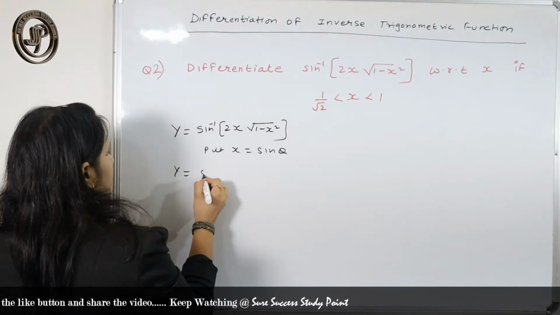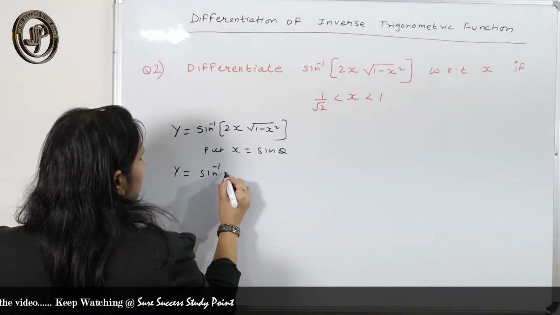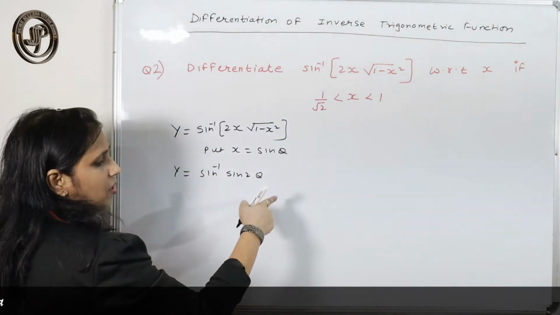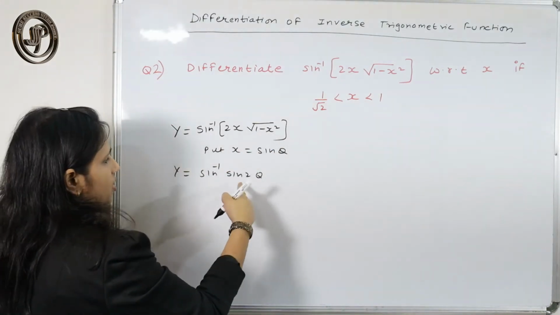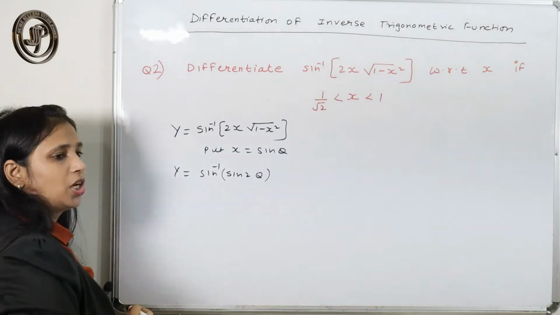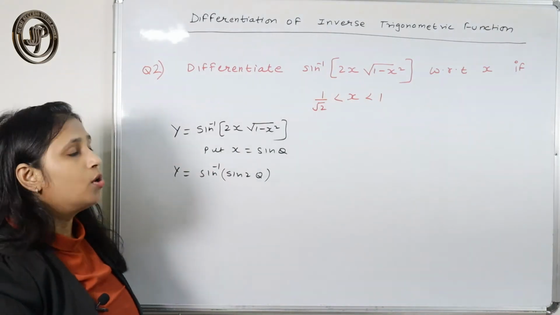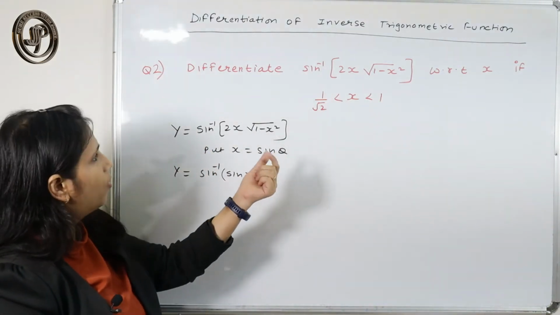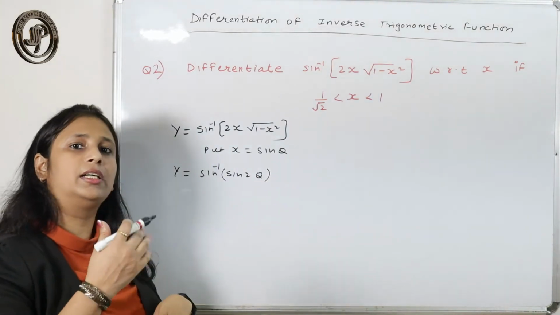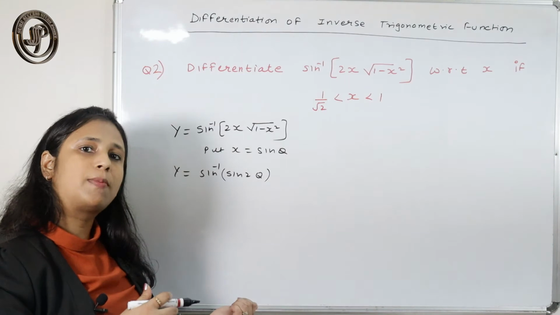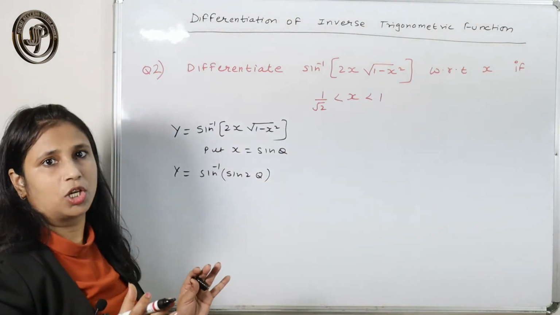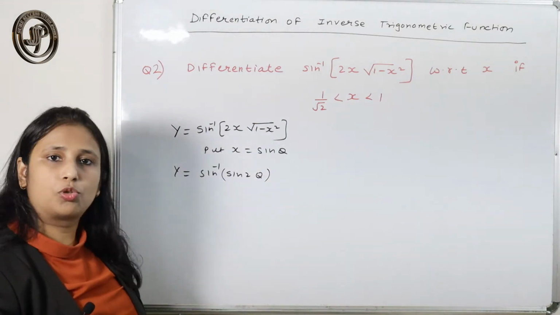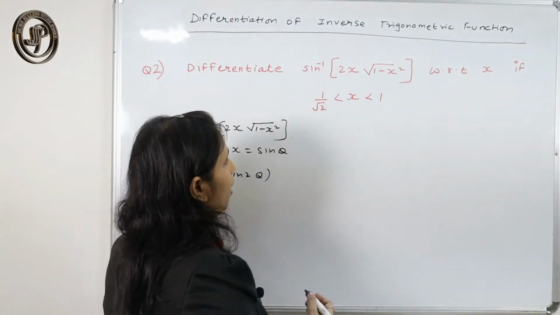Now I am doing it a little bit fast. If you put sine theta, here you get sine 2 theta, because the previous one I have done in the same manner. So 2 sine theta cos theta is sine 2 theta. Now you have to check whether this and this will cancel out or not. If the value of 2 theta lies in the range of sine inverse, that is minus pi by 2 to pi by 2, then you can write sine inverse sine 2 theta as 2 theta. But we just have to check this.